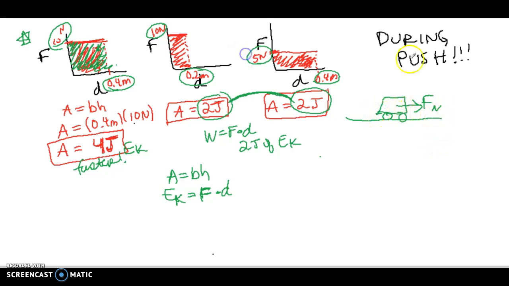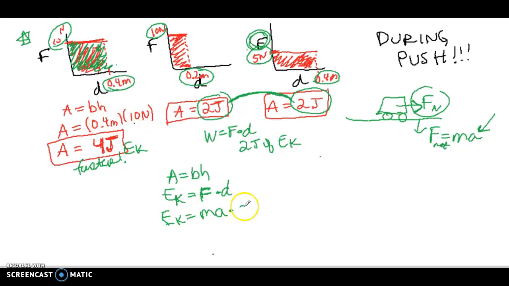All right, if there's no friction, we know from Newton's second law that F net equals ma, and in this case, this was the only force that I had. So that's this force here on the y-axis, all right? Because I know when I apply a force to a mass, it's going to accelerate or get faster, which is what we're talking about, all right? So instead of this force, we're now going to think of this as being mass times acceleration and then times the distance that you push it,